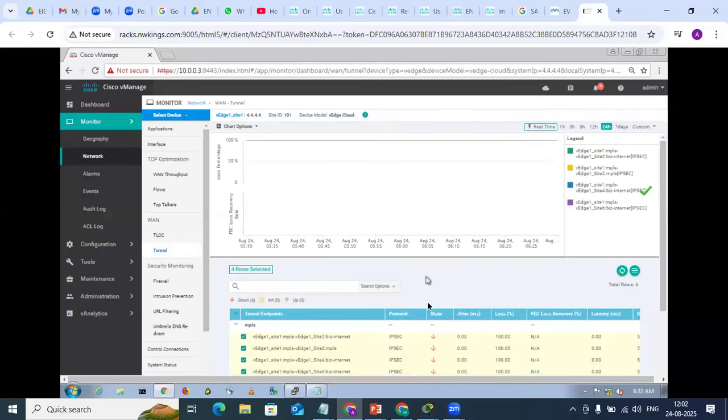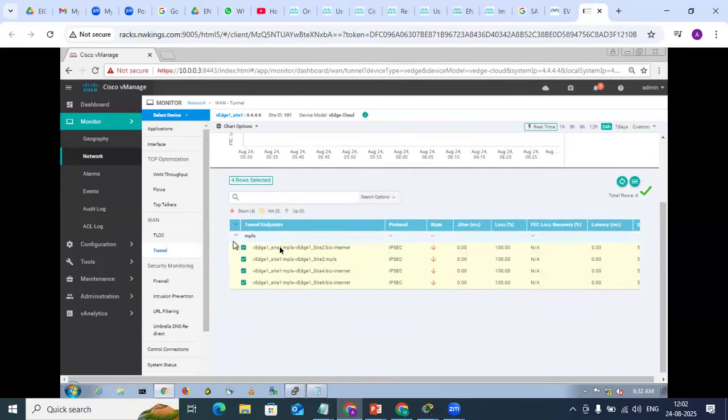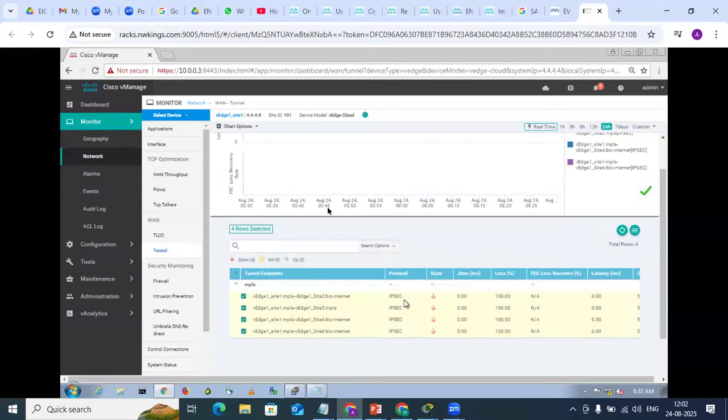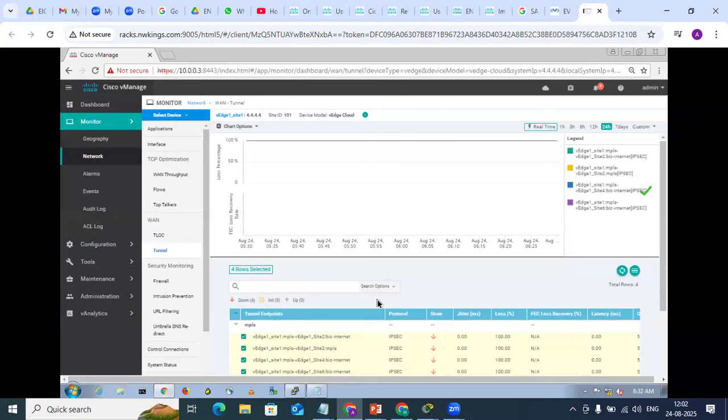So you can see that once the state of the physical pipe is down, automatically the tunnels are there, but all the tunnels are also down. I can see there are 4 tunnels, but all 4 tunnels are down. Since my physical transport is down, automatically all my tunnels will also be down, right? So these tunnels are what? These tunnels are data tunnels, right? You can see that they are all IPsec tunnels.